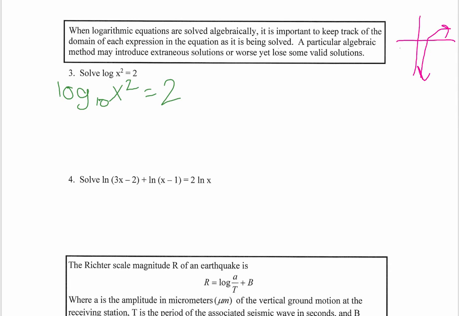And hopefully you remember from when we were rewriting things in exponential form before. I'll write this off to the side here. One of the rules that we looked at is that when we had log base 10 of 10 raised to some exponent, so say we had 10 to the third, this really just simplified down to whatever your exponent was. Remember, that's what we were trying to do, get our bases and our numbers to match up, so that our answer was just our exponent. So if I were to use the 2 that we have in this situation, subbing in 2 for y, this is log of 10 squared is equal to 2. I just switched out that y for a 2.